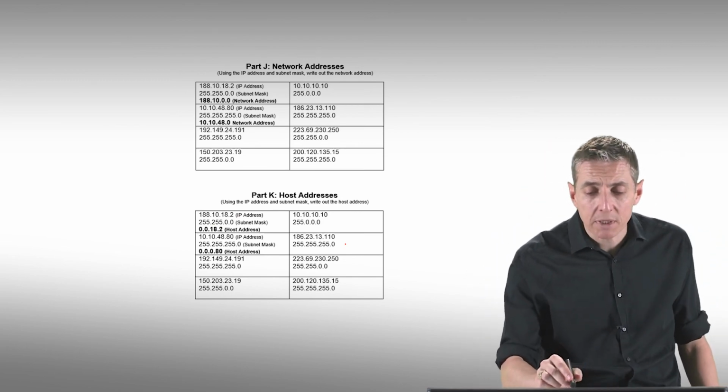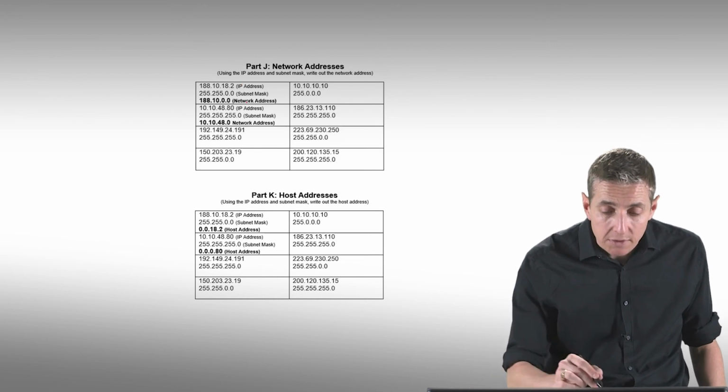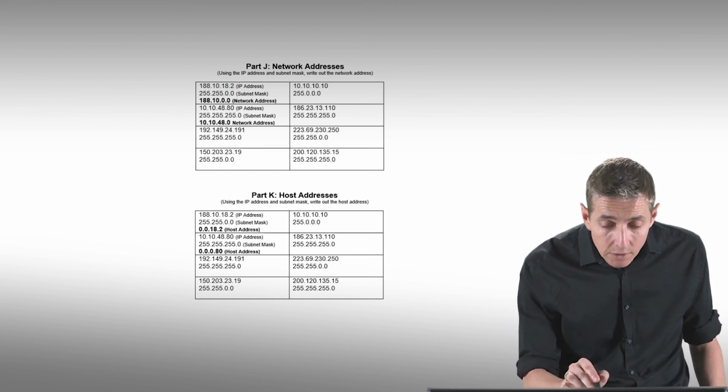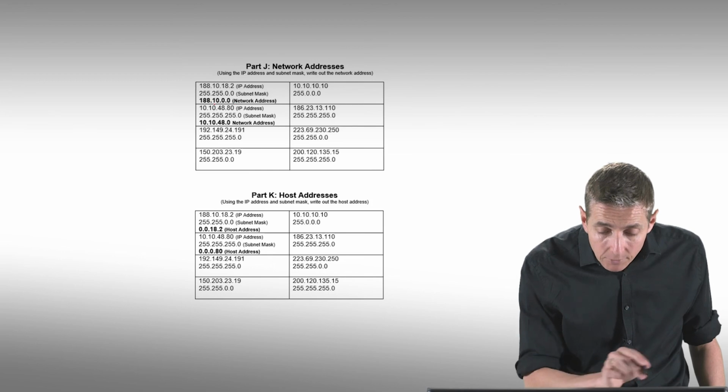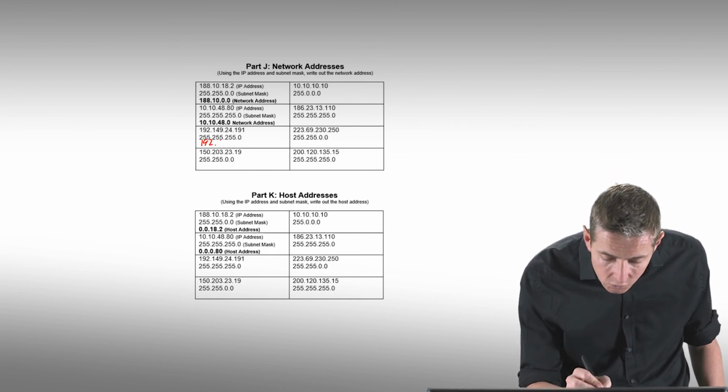Using the IP address and subnet mask, write the network address. So again, you use the two of them together. In this case, it was 18. We know it's a class B, so that's going to be the network address in there. In this case, I'll just do one more on here. It's going to be